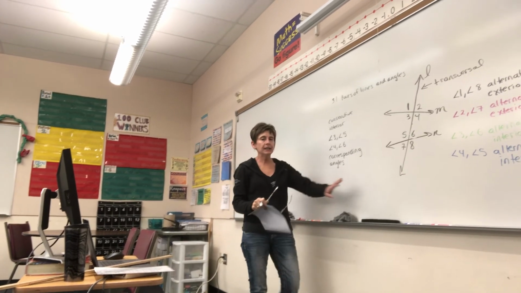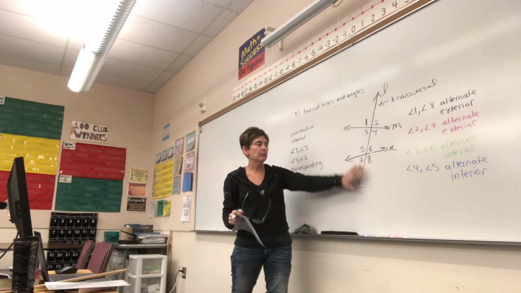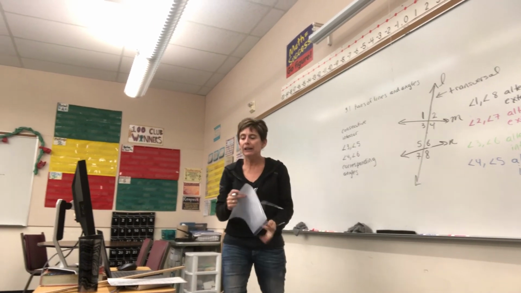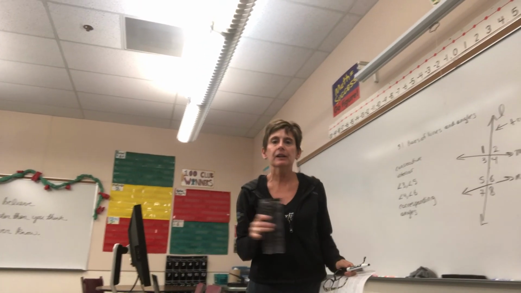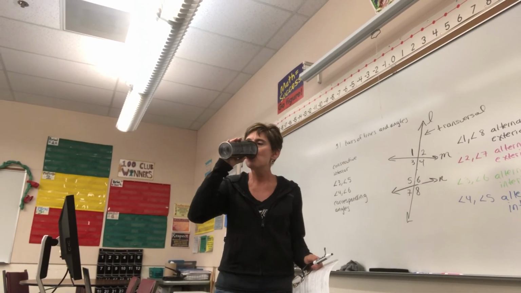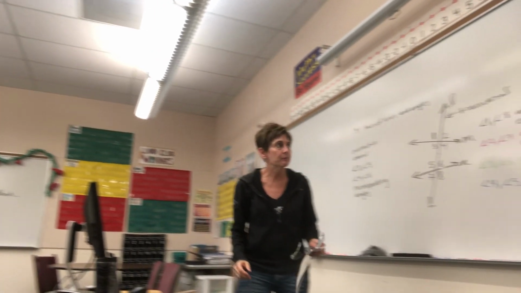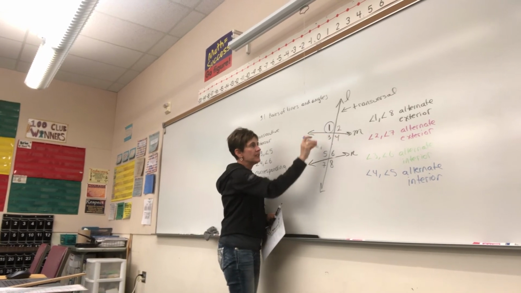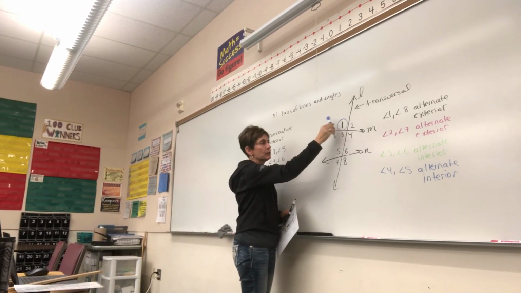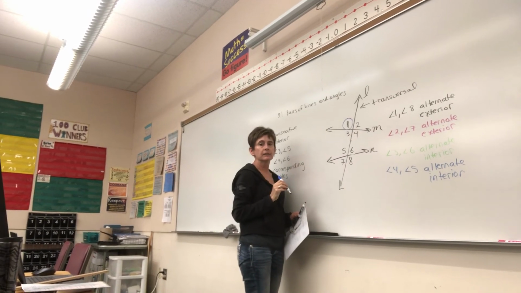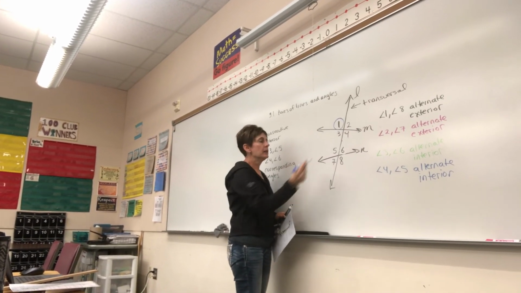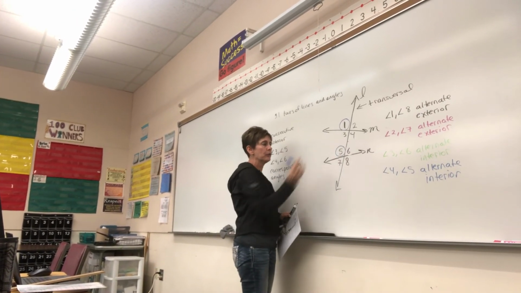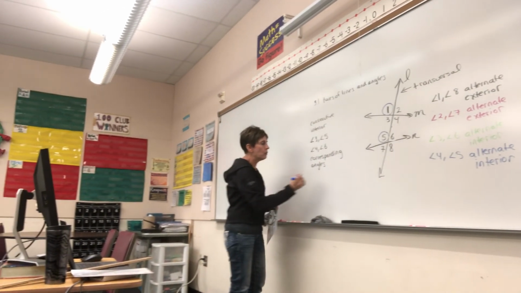Okay, so we're still looking at this basic picture here and at the numbered angles, and we're going to talk about what it means to be corresponding. So basically, two angles are corresponding if they appear in the same place on your picture. So for example, if I want to take a look at angle 1, do you see how it's to the left of my transversal and above one of my two lines? So it would correspond to the angle that is also to the left of the transversal and above one of the lines. So angles 1 and 5